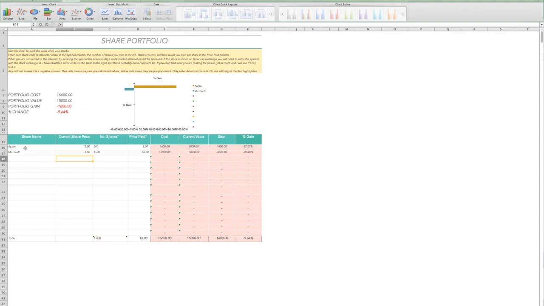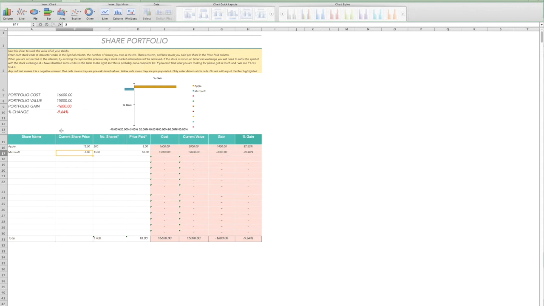So what we've got is Apple. I'm going to ignore the current share price for the moment. The number of shares that I bought was 200, and the price I paid was £8. And for Microsoft, the number of shares is 1,500, so I got more, for £10. And as of, let's say today, I've said that the current share price was £15 for Apple, so that gives me a positive gain of 87%. Great. But for Microsoft, I've said that the amount is £8, so actually that reduces my gain to minus 20%,